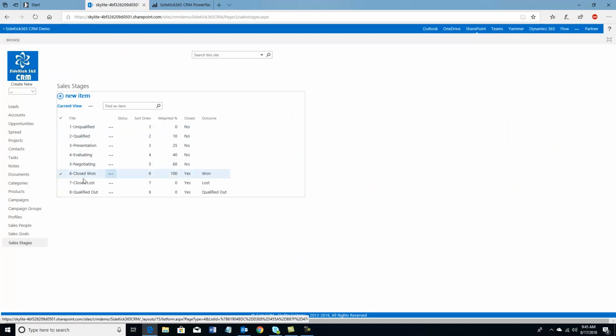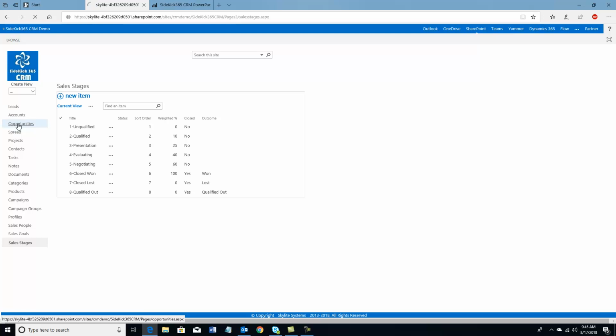And they can be whatever you want. I would say, and we have a sort order here, a best practice would be to set them up like I have here, where we have 1 dash, 2 dash, and match that sort order so you can kind of see how it's sorting things. And I've set it up so that stage 1 is unqualified up to stage 8 where it's qualified out. But there's no limit on how you want to set up your sales stages,